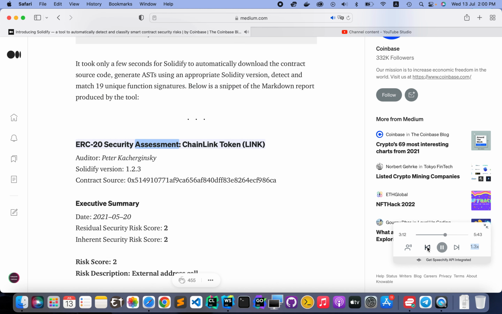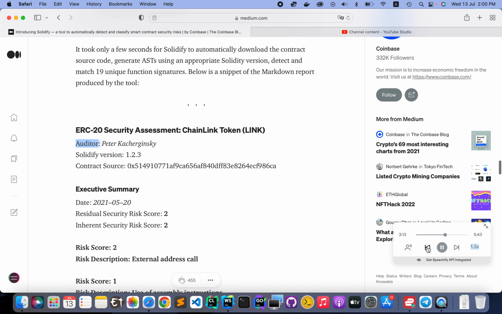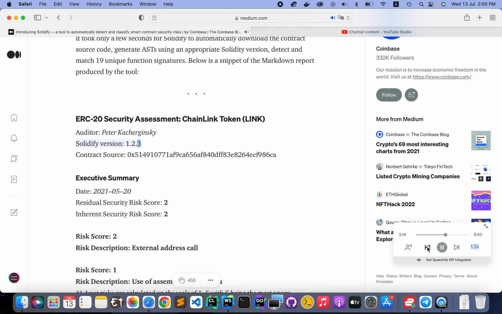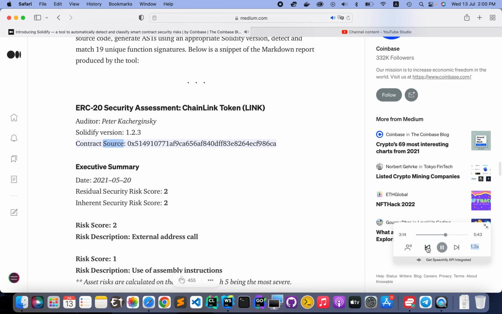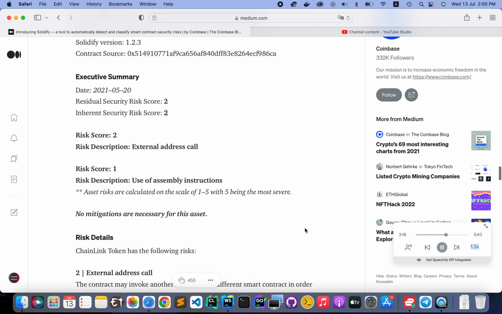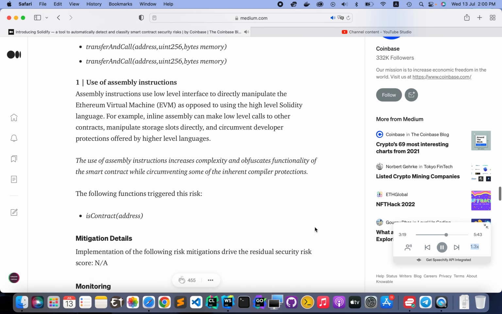ERC20 Security Assessment, Chainlink Token LINK. Auditor: Peter Kacherginsky. Solidify version 1.2.3. Contract source. Risk score 2. Risk description